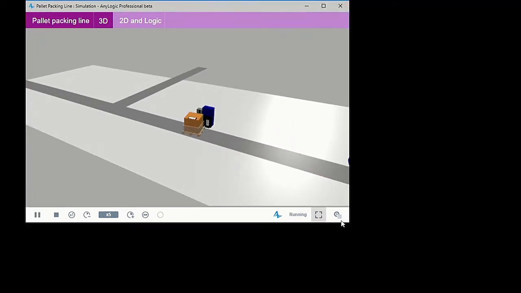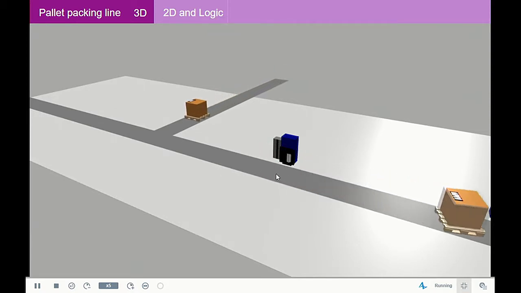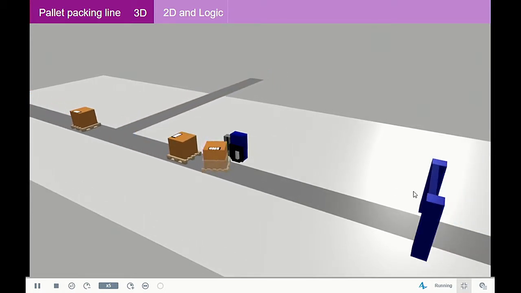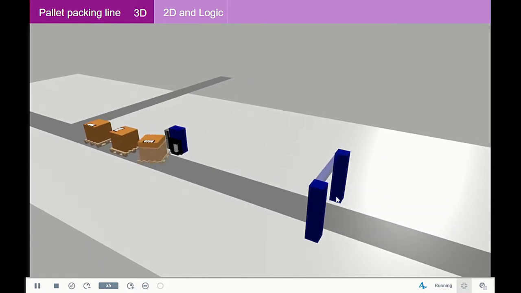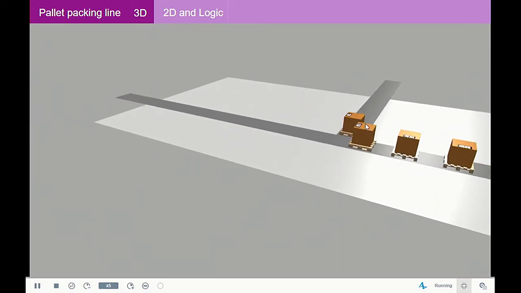This model shows us a turn station element which is configured to make several turns before the item can proceed with further movement. So it's like wrapping here. Here is the orientation for barcode scanning, and here you can see